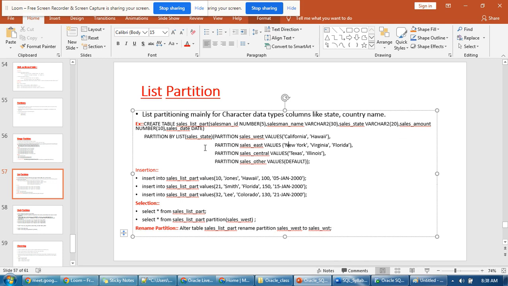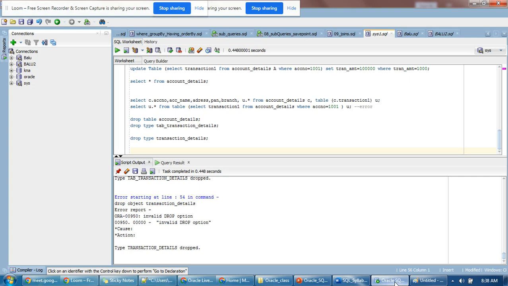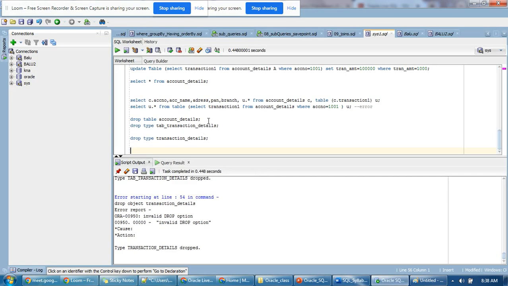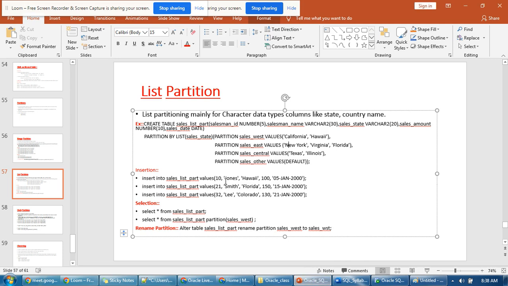So how can we define that? You know the list. There are a small number of partitions. If you consider range partition, for each and every month you will be adding one partition, but this is a list. If you are using a small number of list values, you have to create list partitions. You have to specify the list values, what all the lists we have. So how we can define that,